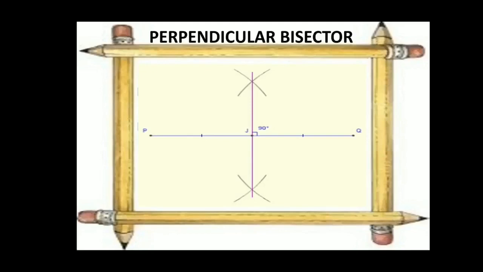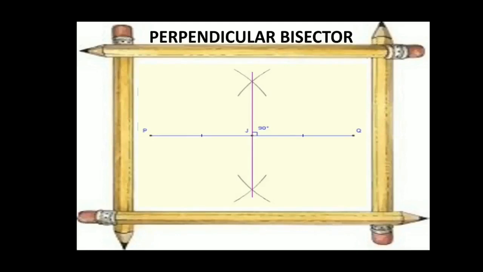Yes, it is making an angle of 90 degrees with the line. What is the line? Yes, the line is that PJQ line, and J is the point where this pink line is cutting. It is called a perpendicular bisector because it is cutting it into equal parts. That means the lengths PJ and JQ are equal; you can see there is one small line on PJ and also on JQ. What is the meaning of these small lines? You have learned it, correct? Yes, if we put two small lines, it means those lines are equal. You learned it in the triangle and quadrilateral chapters. When we put two lines, it means equal. If it is an arrow mark, it is parallel. You remember? Yes, you have already learned it.